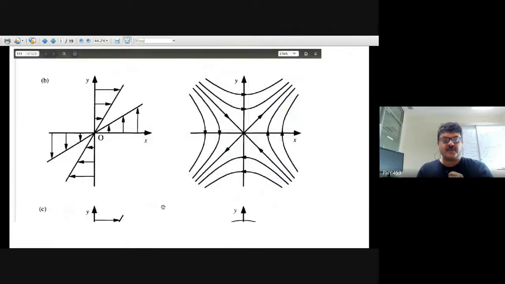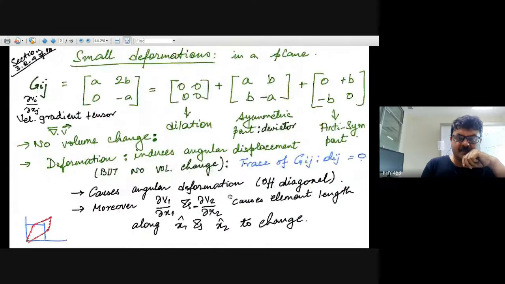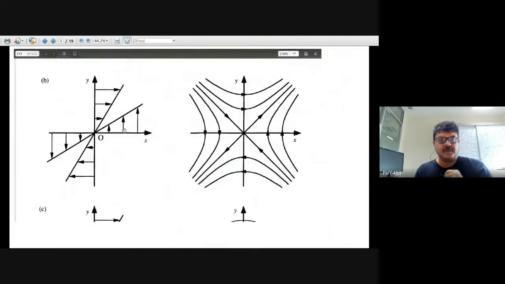Just to visualize such a thing, it would correspond to, if you notice, here you have essentially rotation. You have not rotation, it will have essentially stretching. You have angular deformation, actually, is the right word. And you can see that